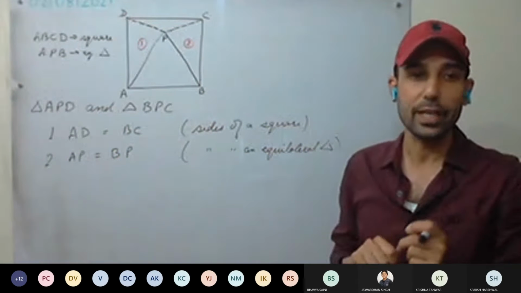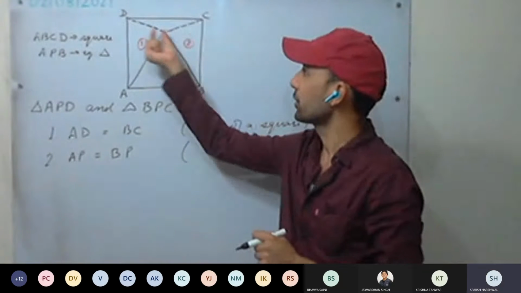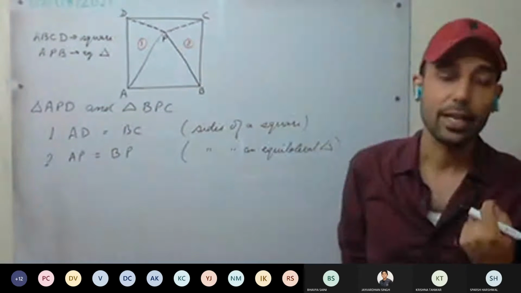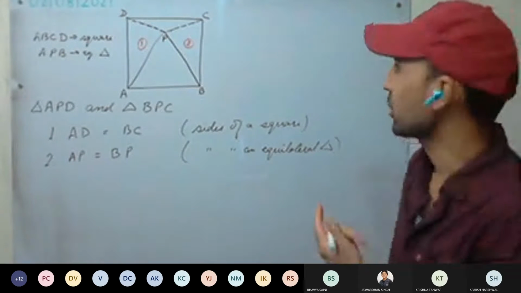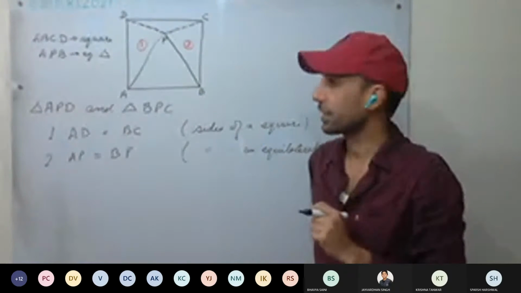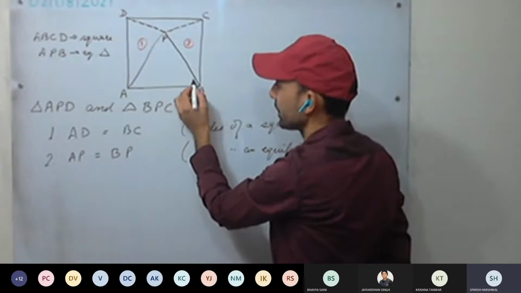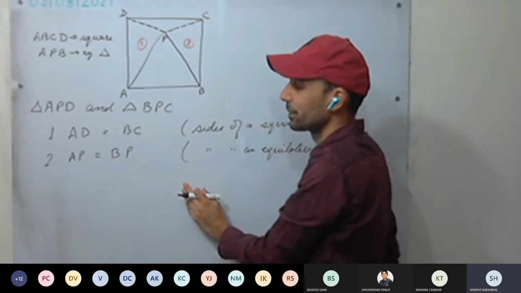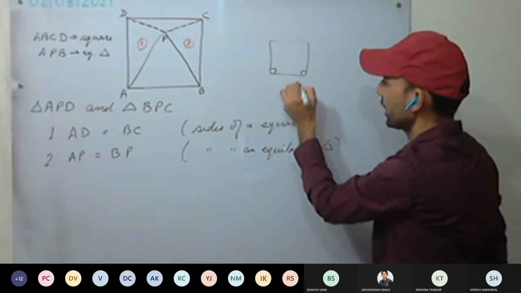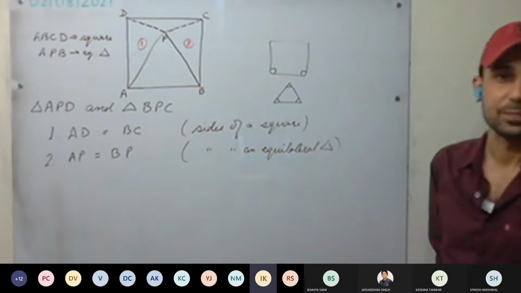Now one more, either the side or the angle we have to take. We can't prove this side equal to this side, we won't be able to prove the third side. So remaining is the angle, we have to take one more angle. Remember the properties of the square and triangle. In a square, how much is the angle? 90 degrees. In a square, all the four angles are 90 degrees. In an equilateral triangle, angles are 60 degrees.